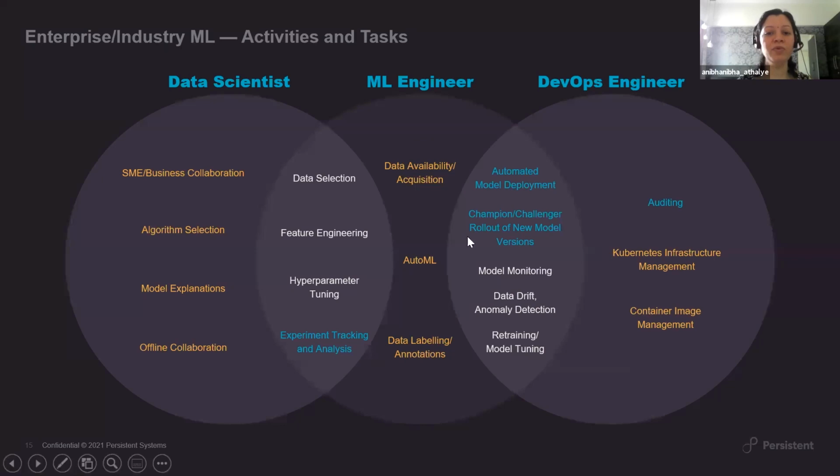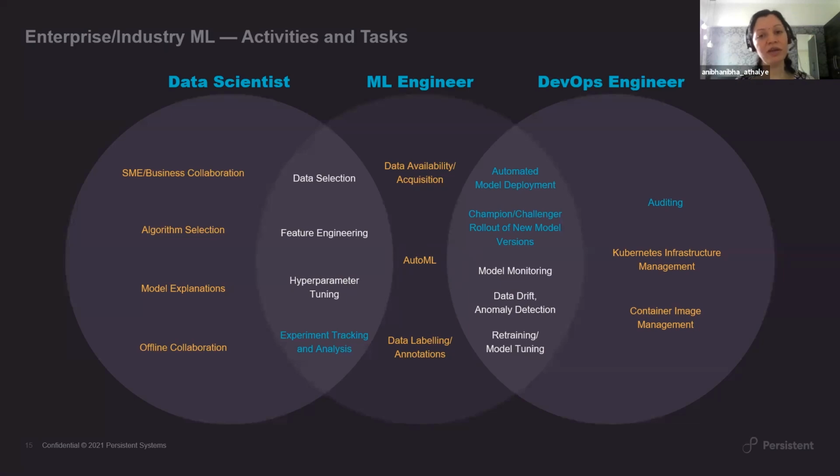And then in between both these left to right kind of scenarios is the machine learning engineer, who is also enabling the data acquisition, which means writing a lot of data pipelines, which itself can have a lot of mergers, ensuring AutoML, which means that there are multiple algorithms working, and then of course peripheral activities like data labeling and annotation.